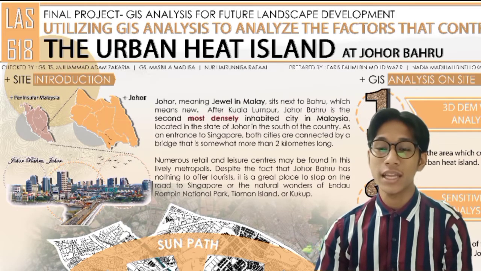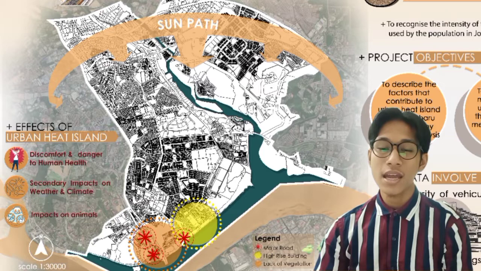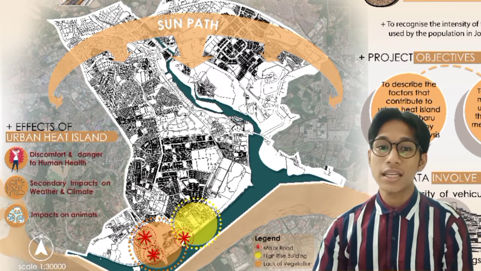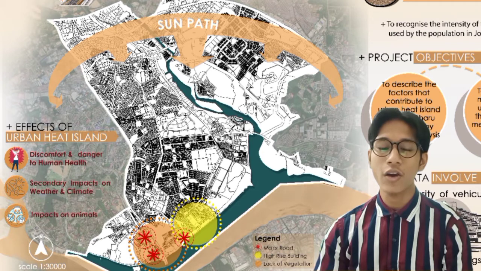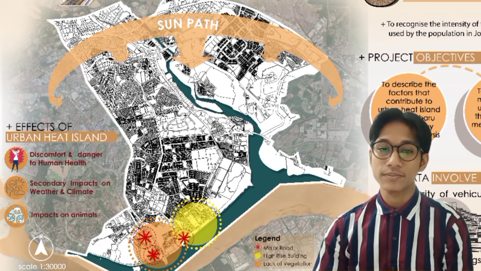This is our site introduction, which is in Johor. Johor means jewel in Malay, and Bahru means new. After Kuala Lumpur, Johor Bahru is the second most densely inhabited city in Malaysia. This is our map of inventory and analysis, and we conclude that the effects of urban heat island are discomfort and danger to human health,